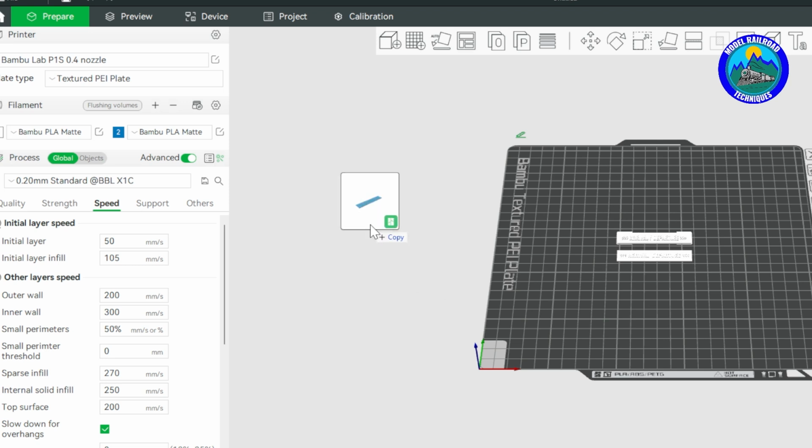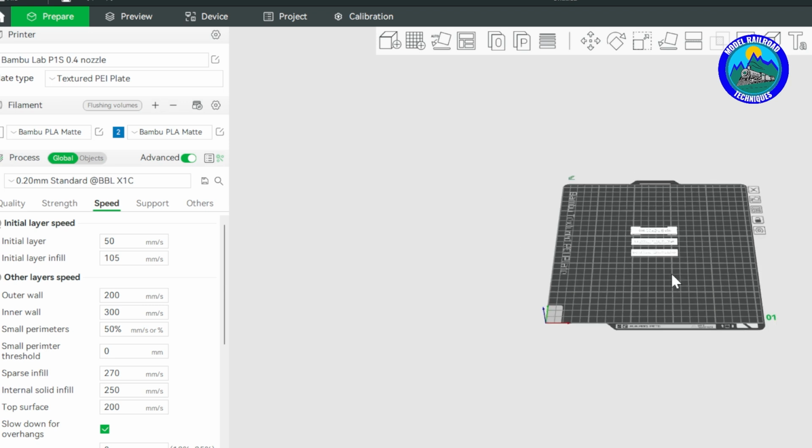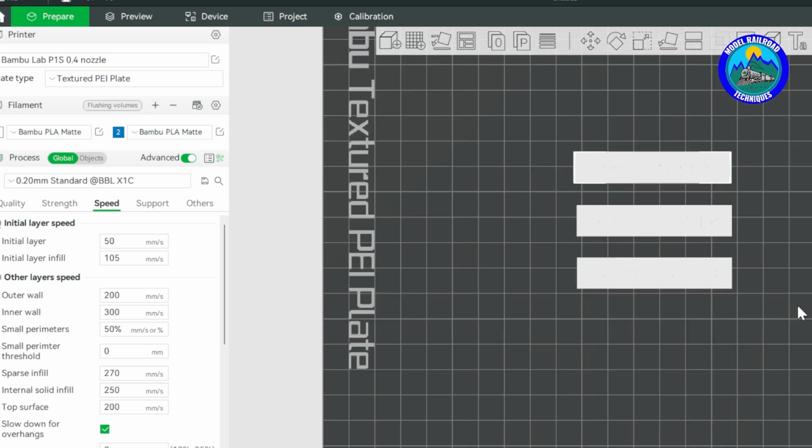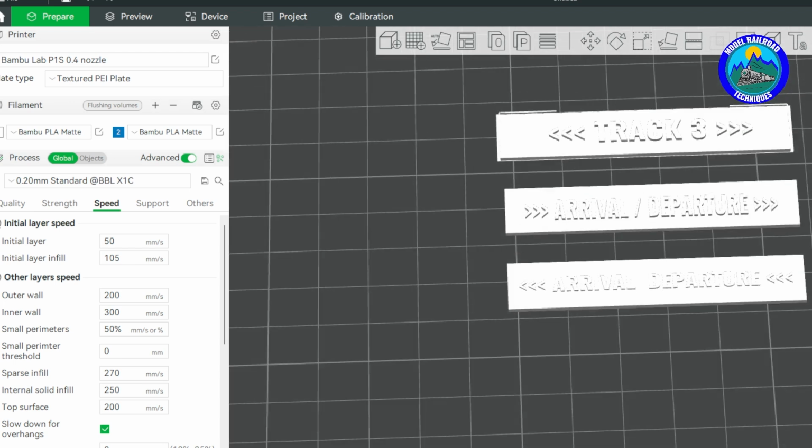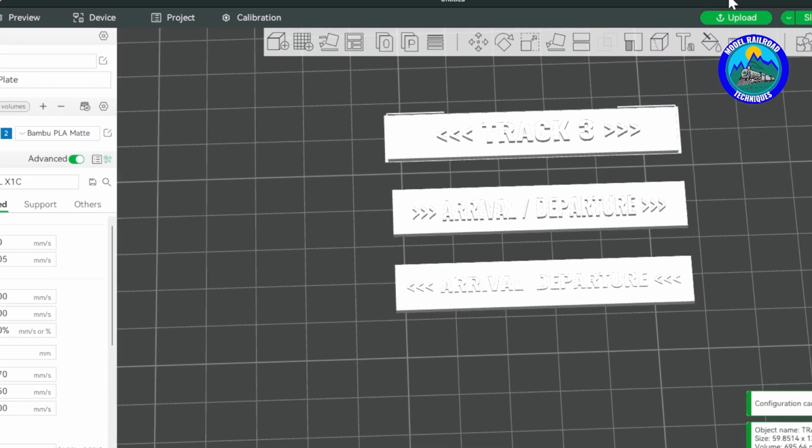I'll just put 3 in here. And then I'll zoom in. Now you can see the lettering is there, but what I want to now do, let me centralize that,